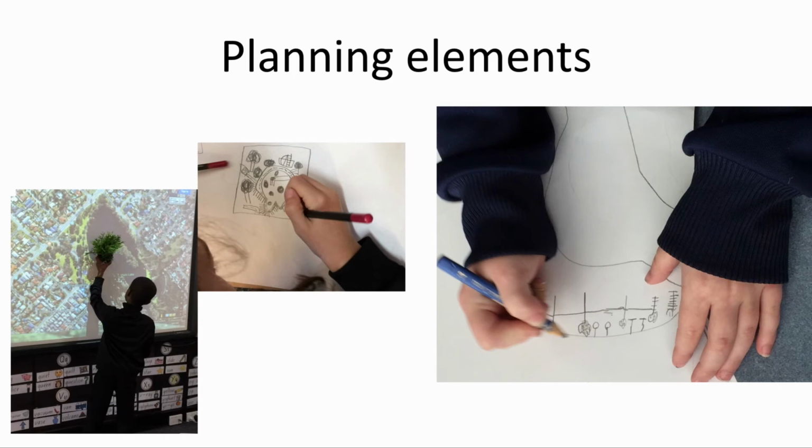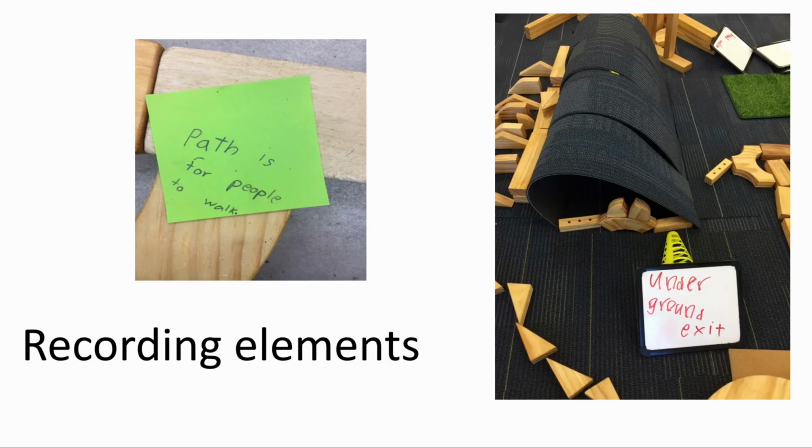I love this photograph of this little guy here in the corner, because what he's got as part of the resources that she had in the blocks was a plastic plant in a plastic pot. And he's measuring it. We watched him measure it very carefully to see whereabouts it would fit in his lake construction. And so he went back several times to measure to make sure he had the right spot for it. The other drawings, you can see the children there drawing. They were also asked to label when their drawings are finished.